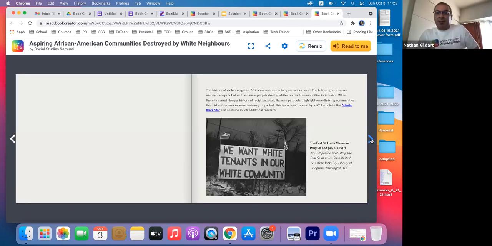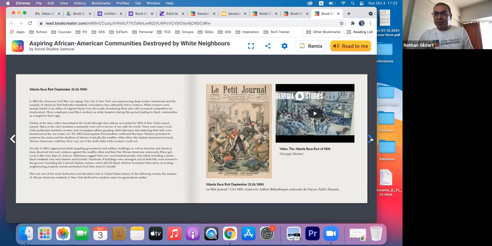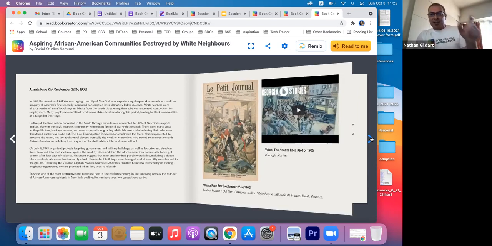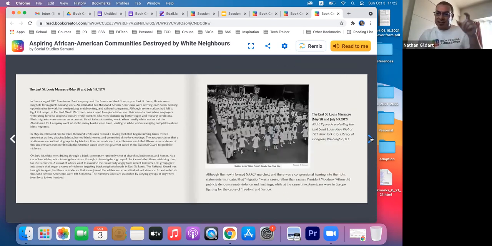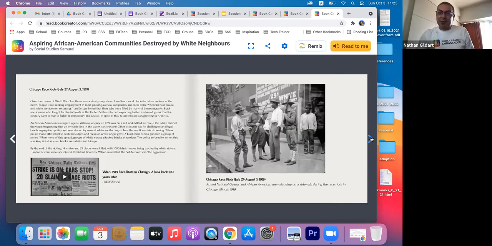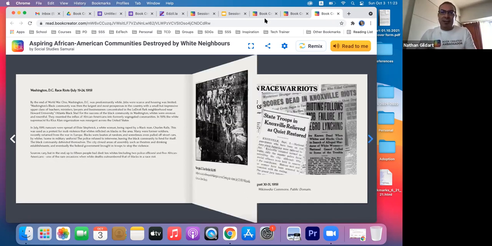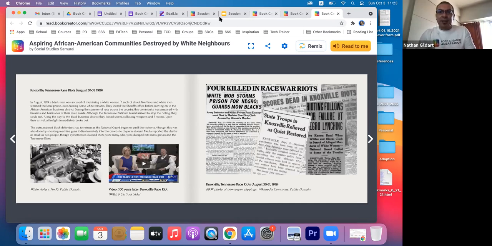I was inspired by an article that was in, I think, Black Star Atlanta or something like that. I can't remember. But this is African-American communities destroyed by white neighbors, pretty heavy topic. So you notice the design for this is a lot more serious, and it's definitely designed for a high school or university age group. But again, I've got videos embedded and things like that. This is more informational, so I don't have games and that kind of thing. Let me quickly show you.